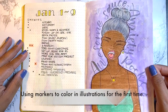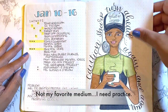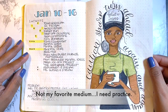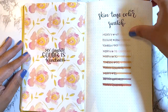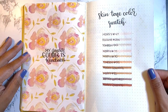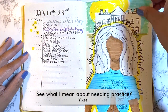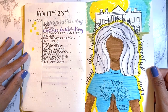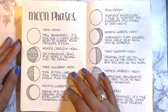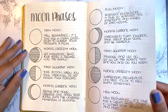One thing that sets this bullet journal aside from its predecessors, if you will, is that it's pretty illustration heavy from the start. That's not something that I've done in the past. I usually kind of warm up before I get to doing lots of illustrations. And I thought at the beginning of this bullet journal that I was going to make it really all about me and intentionally make the illustrations to match